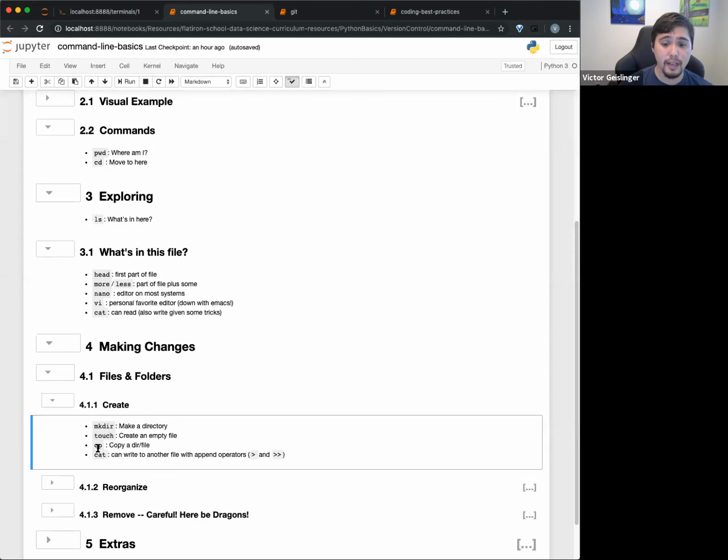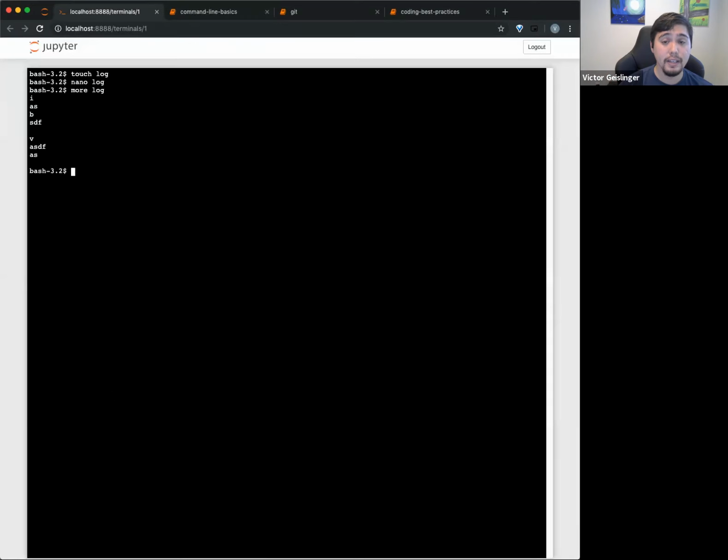The other thing I'm going to talk about is actually using cat. So cat, like I said before, will just read the file out. So you can say cat log like this. Okay, not super interesting, right? But what you can use cat for is, you can say cat log, okay, and that would read out the whole file. And then we can actually use this right here. This basically will send all of this output, whatever is over here, over into a new file. So this is a little more advanced, but let's say we do cat log